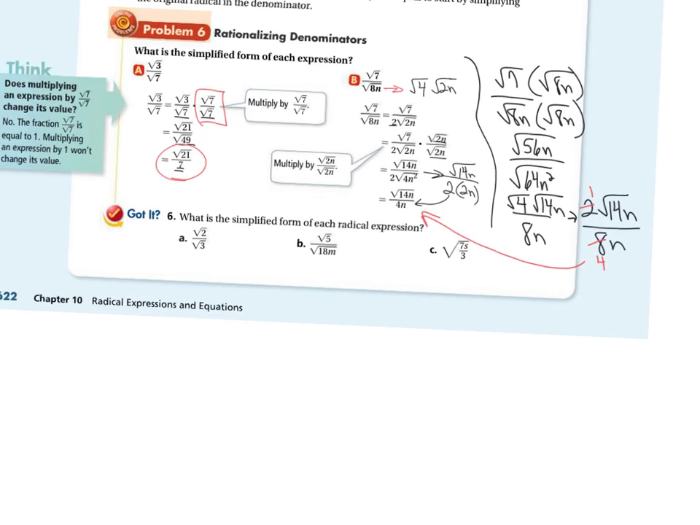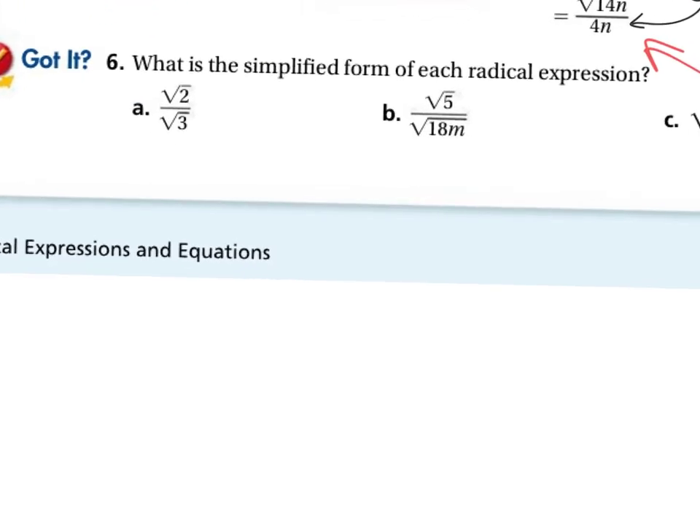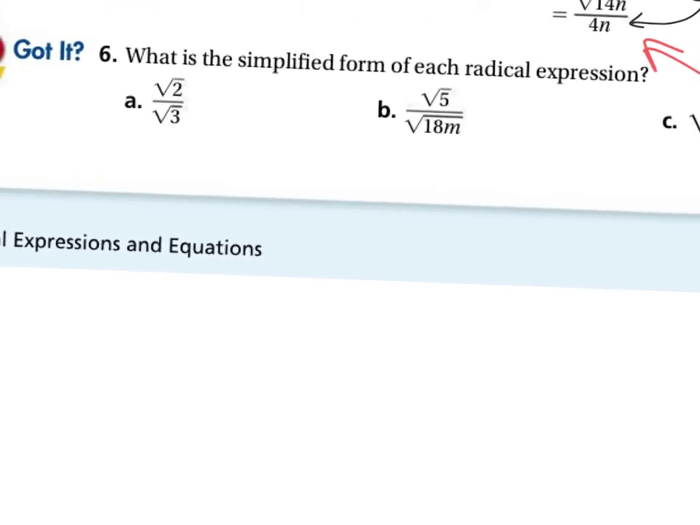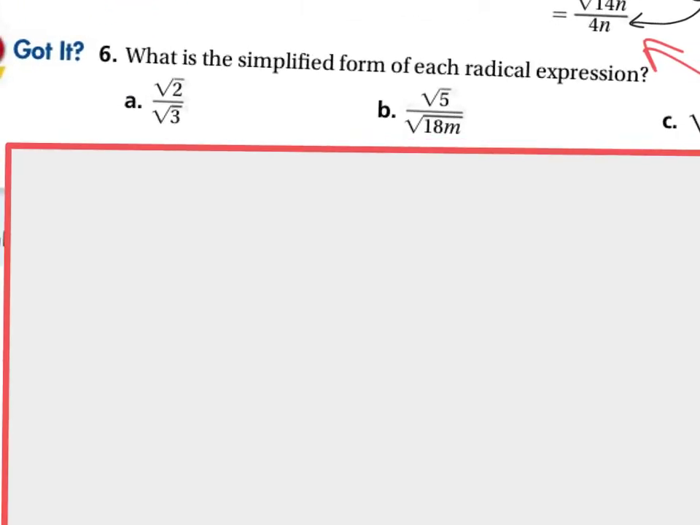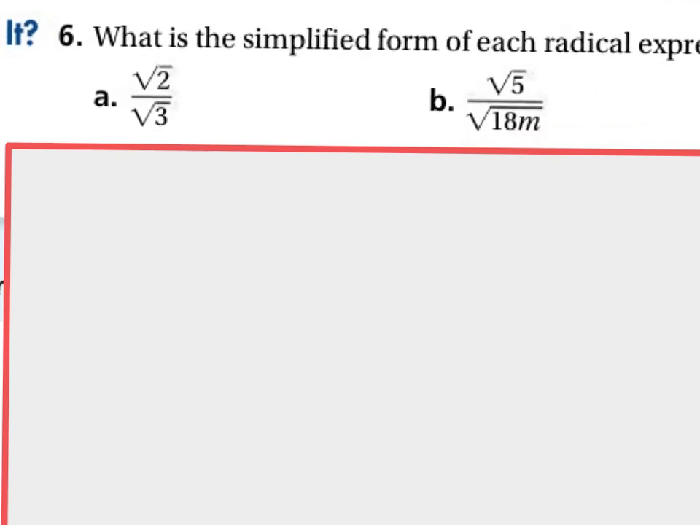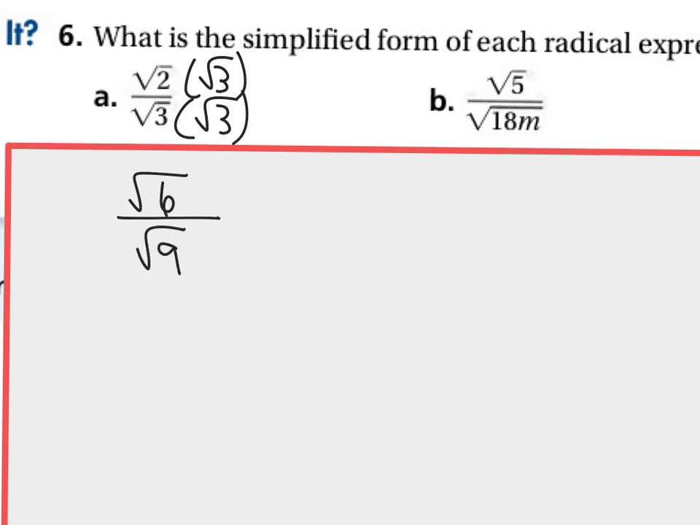So if you look at the got it problems here, we're trying to simplify these. So for part A, we'll probably want to go ahead and rationalize this, get it to where we don't have a square root in the denominator. And once we get to that point, square root of 9 is 3. And we can't do any more with that, so that would be our answer. Part B,